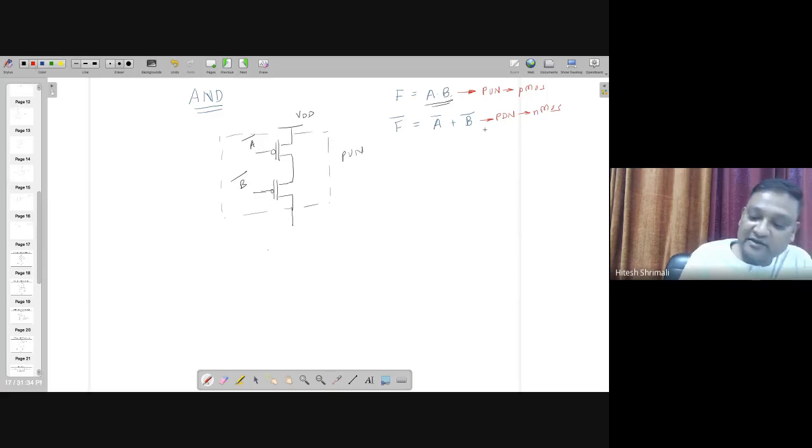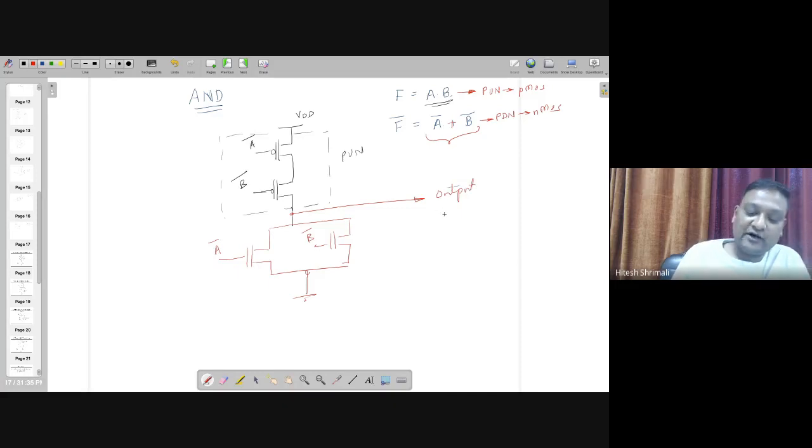Now we are interested in making the power down network, where there are two logic operations I need to do with two NMOSes. Both have to be in parallel, with the fact that these are the OR logic. The input which you need to give is A bar and B bar, because it's straight away, and from the middle we can make the output. By the way, when you look at the output, it's going to give you A and B, right?